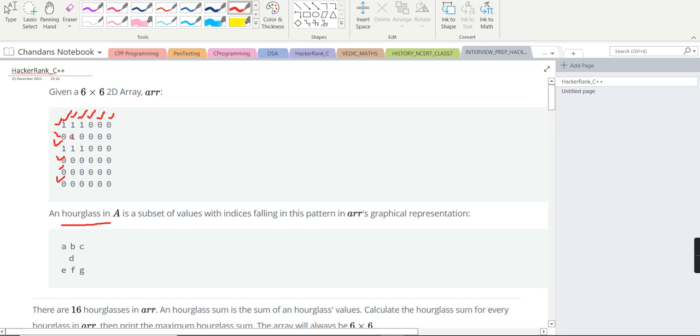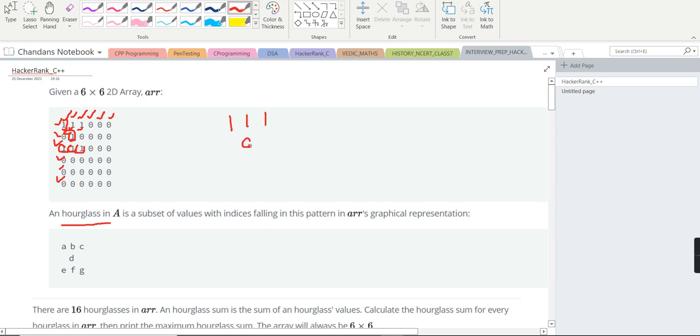Now, if we want to conclude the first hourglass, then for the first row we have to take the first column, second column, third column, and then from the second row, the second column, and then from the third row the first column, second column, third column.